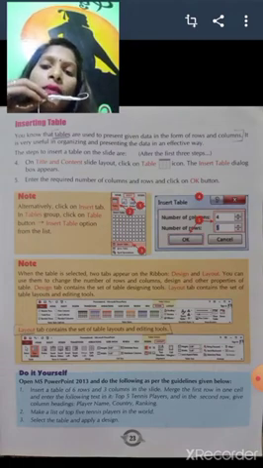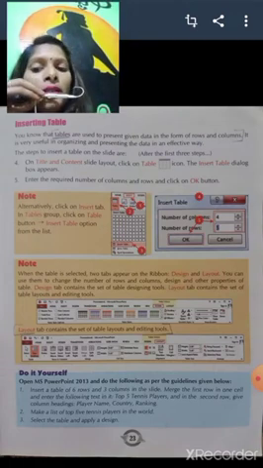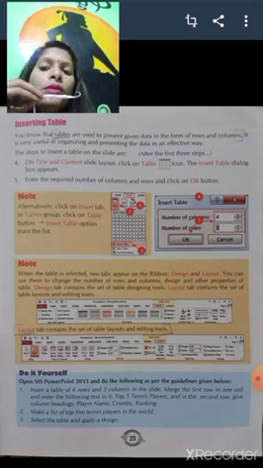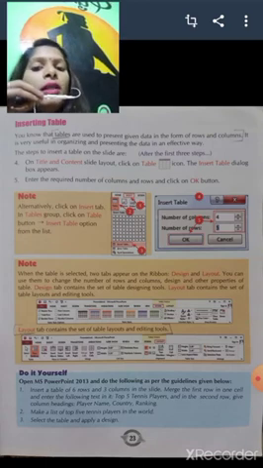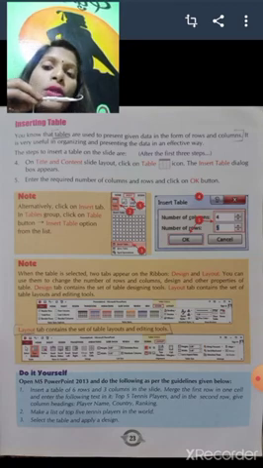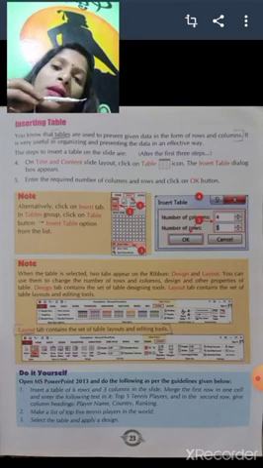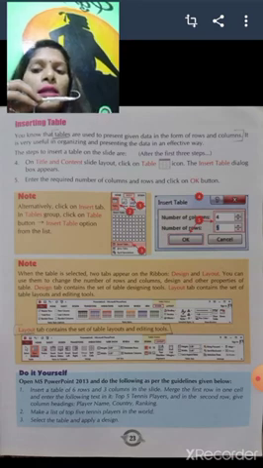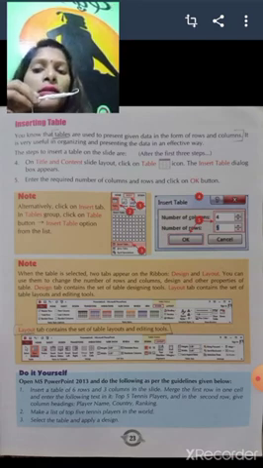One note is given. Alternatively, click on insert tab. In tables group, click on table button, insert table option from the list. Okay, instead of selecting home tab and in a slide layout the table option, you can directly go to the insert tab. From the tables group, you can select the table and you can insert the table also.